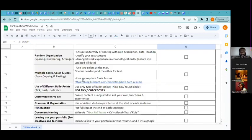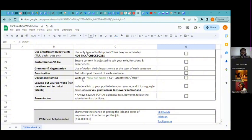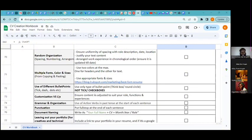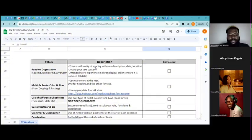So those are the major pitfalls that we have noted in this workbook. Again, when you're reviewing your own CV, or when you're trying to build up your own CV after this workshop, or even during this workshop, these are things that you need to take note of. All right, are we clear on all of these? You can let me know in the chat box if you're clear, if these things make sense, and if you have gotten some clarity on what to do when you are trying to start out building your CV from scratch, or even